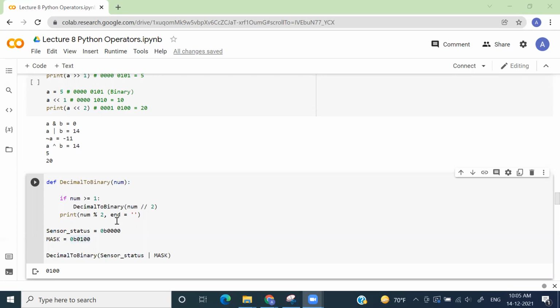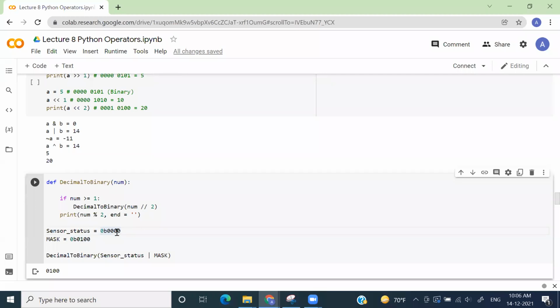Okay. So to go for a physical implementation of this logic, what you decided is you created a sensor status, and that sensor status is nothing but a sequence of binary string, right? So zeros and ones. Right now you said that when the bot has nothing to do, you'll keep the whole sequence of your binary number as zero, right? So if everything is zero, your bot will not do anything. It will remain as it is.